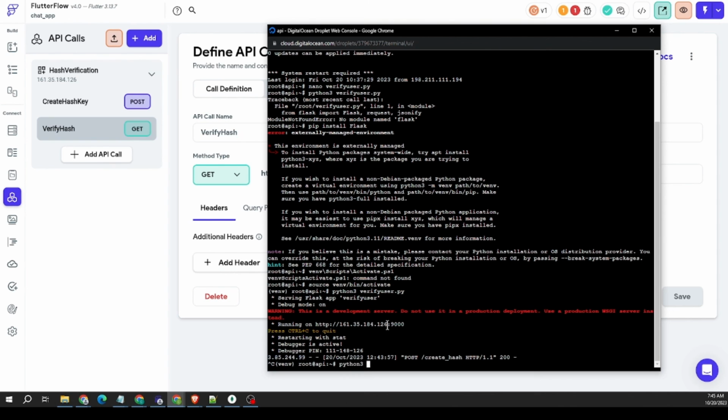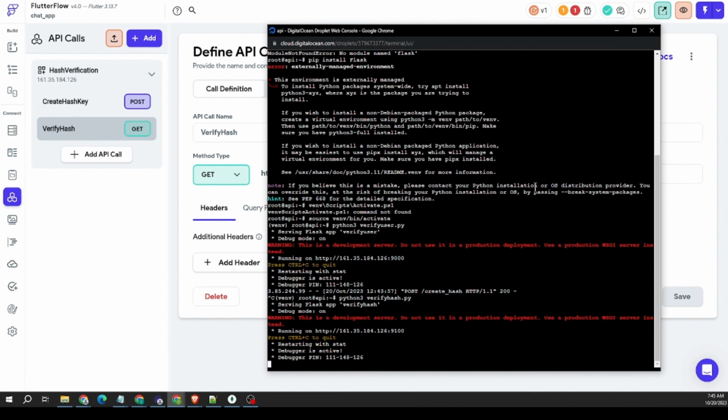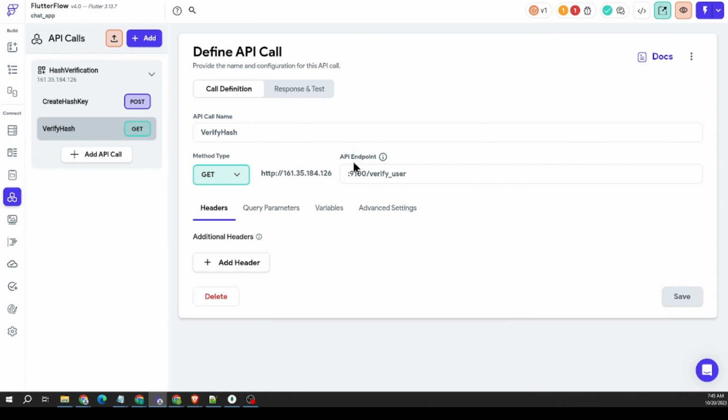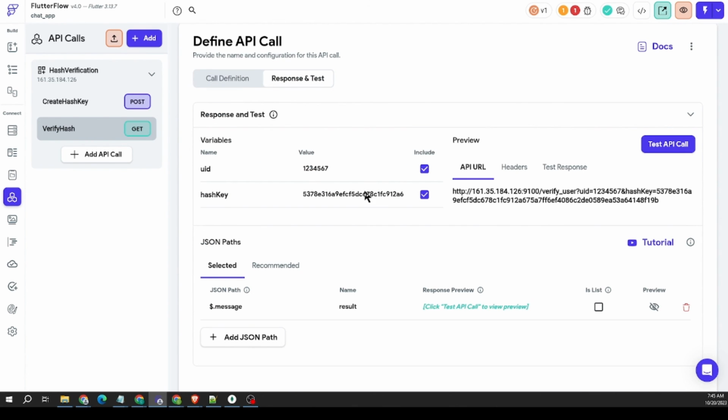And I need to start that script as well, which, what did I call this? I can't remember what I called anything. Okay, I guess I got that right. This is a GET call. Query parameters are the UID and the hash key. And that should be the same hash key that I've returned. Some UID, so I should get a